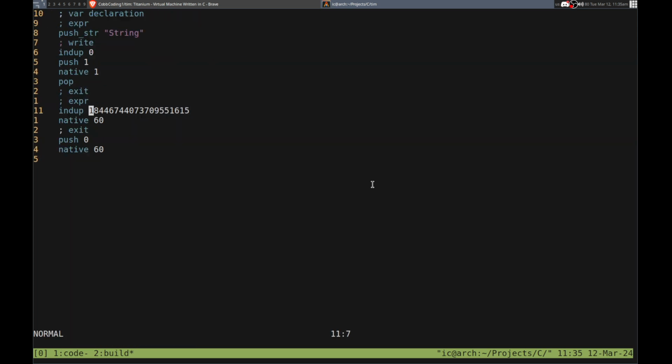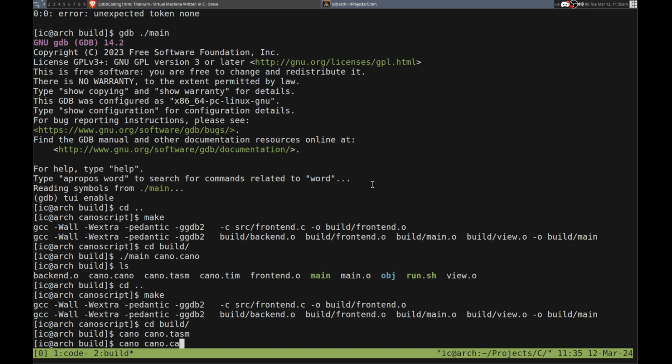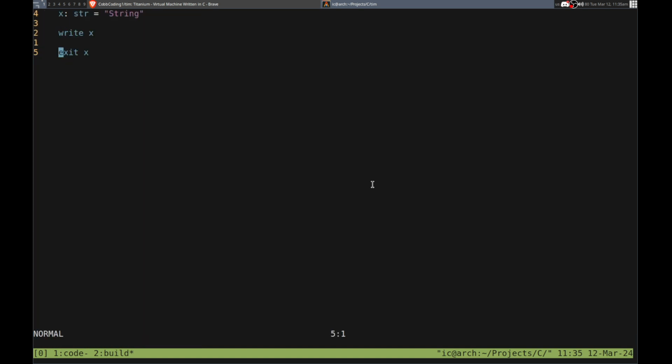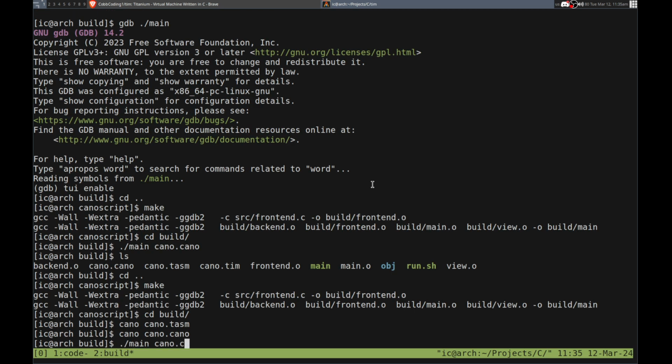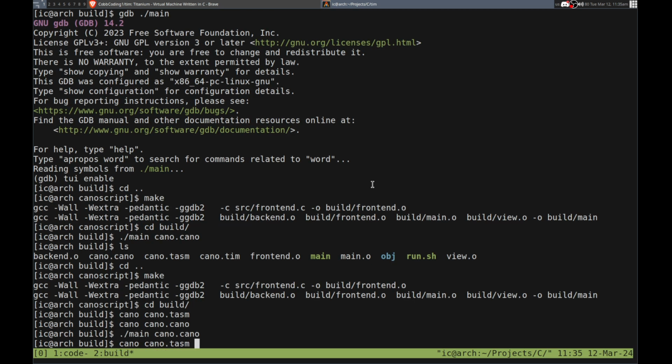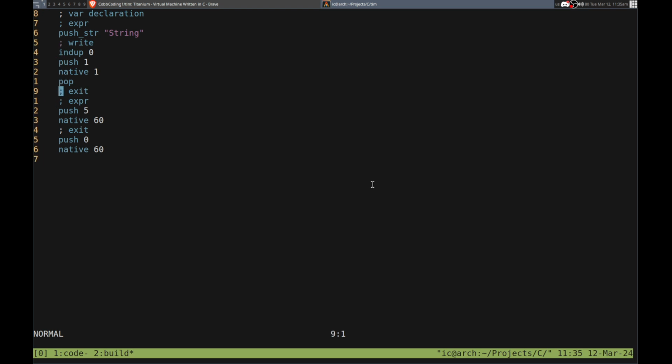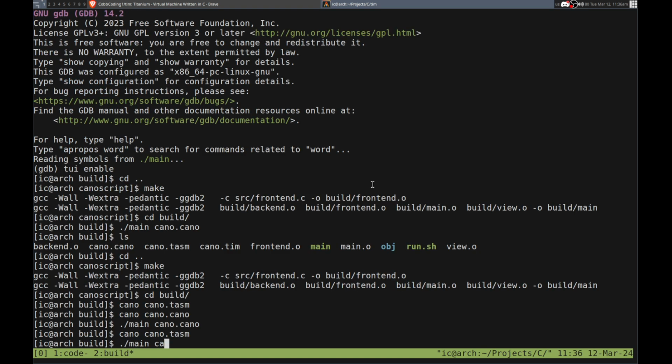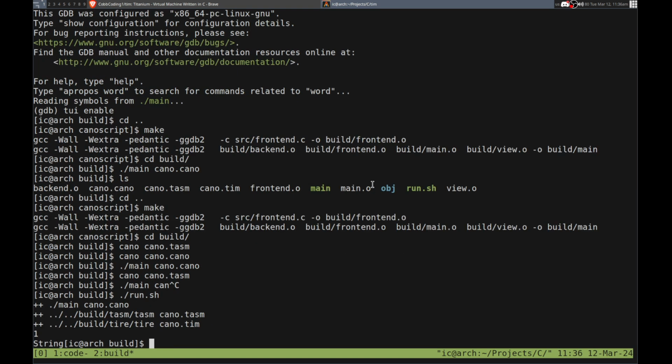Okay, so this is not right. But why did that happen actually? It's an X. Well, it is a string, so that's the thing. So yeah, we don't have that. That was probably it was trying to get the string, and the boundaries were not right. We push stir string, and let's see. Does it actually generate it properly? And try it out. Let's see. Run, and it outputs 1. Oh, and it does output string. Okay, let's add a new line here,